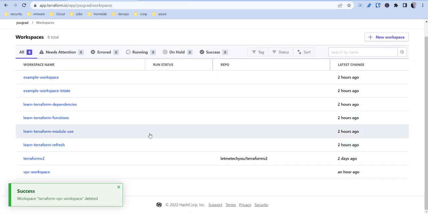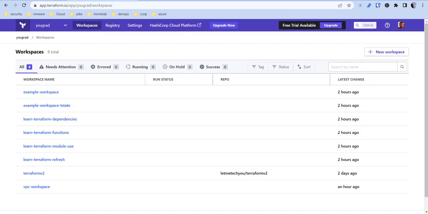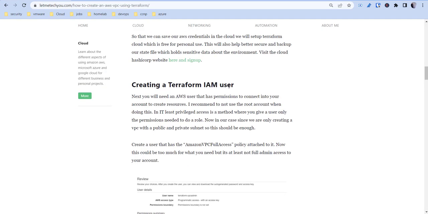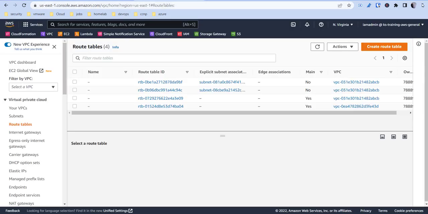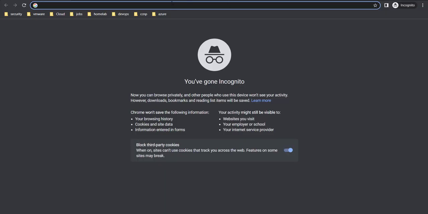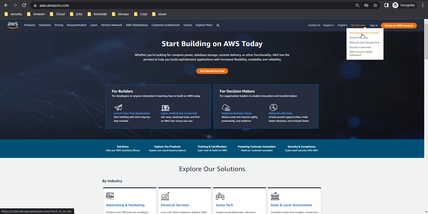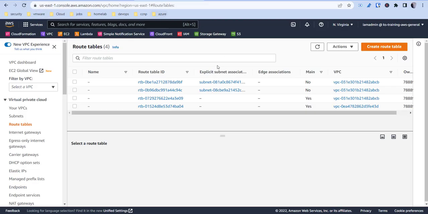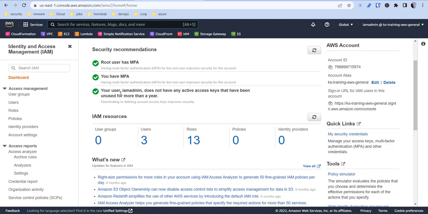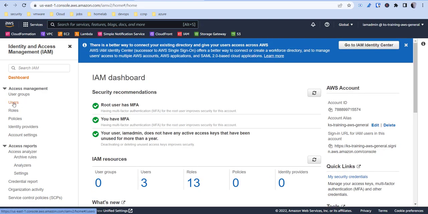So now that that's gone, we're going to need to create our IAM user. So you're also going to need an AWS account. Now, if you don't have one, just open up a new window, go to aws.amazon.com and create a quick account. Follow these steps, get the email, and then sign in from there. Once you get that created, you want to come into AWS and go to IAM roles. And you basically want to create a user that will allow you to enter in credentials